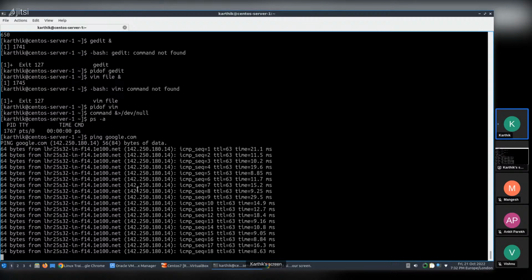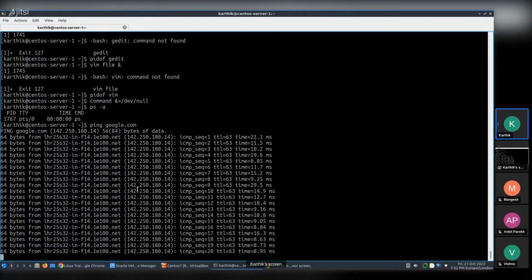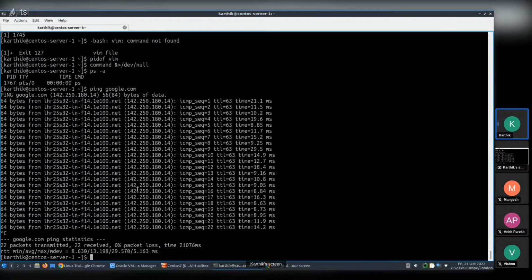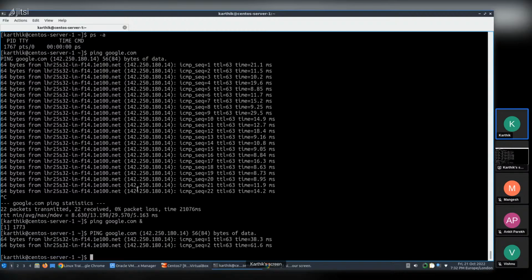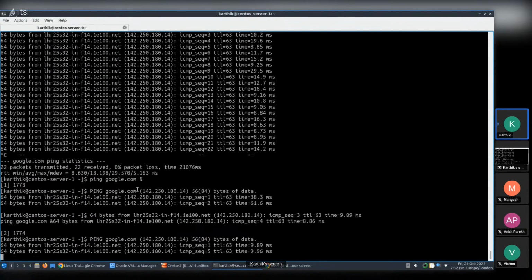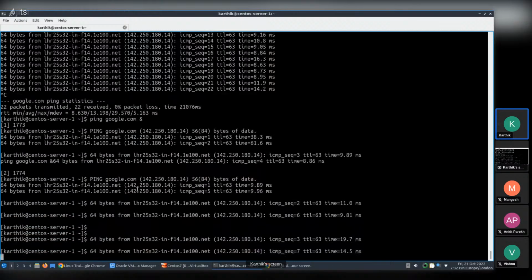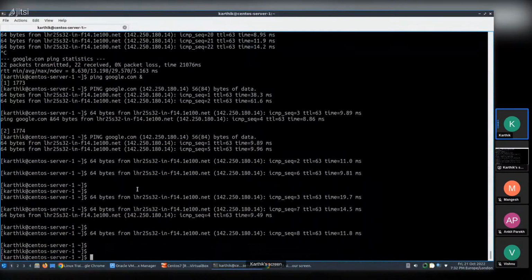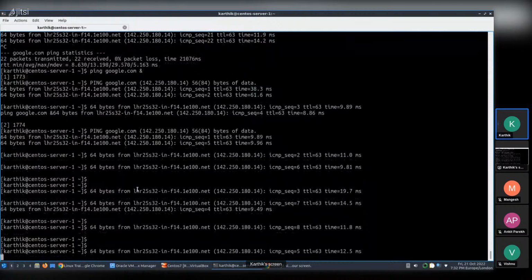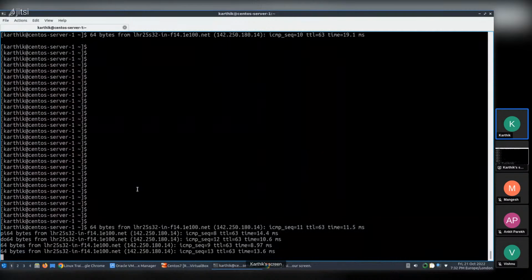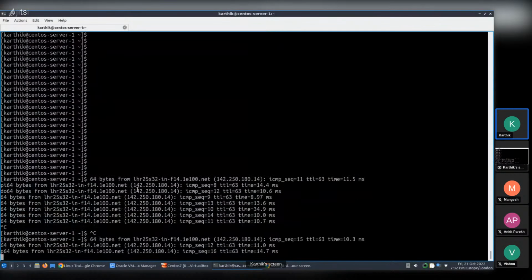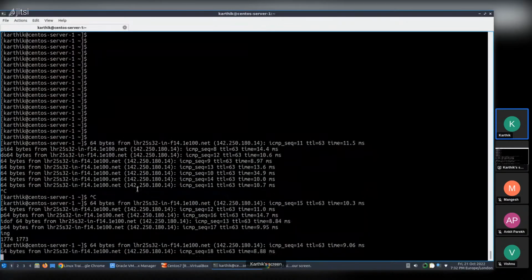It is continuously running, so to stop it, I can press Control C. Now it has been stopped. But in case I want to run it in the background, I can press ampersand, so it keeps on running in the background. I can just press enter. It will keep on running, as you can see. Right now, if I want the PID of ping,